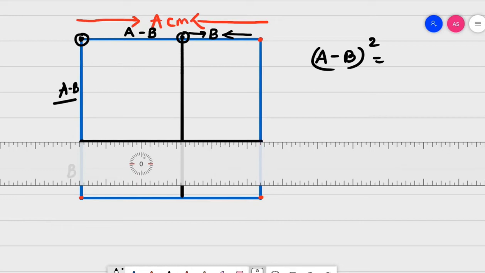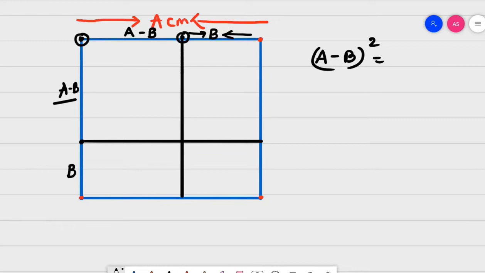Now from here, it's very clear. You can see that since this much is a minus b, this part is also a minus b. This part is also a minus b. And naturally, this part is equal to this part, so this much is also equal to a minus b. Now this whole square, you can see this square is nothing but (a minus b) whole square, isn't it?